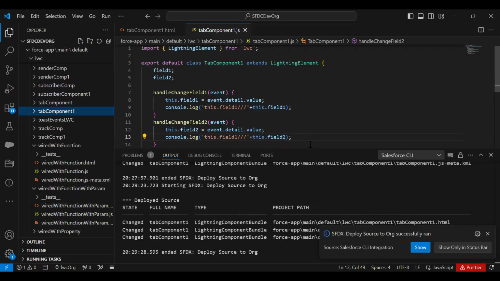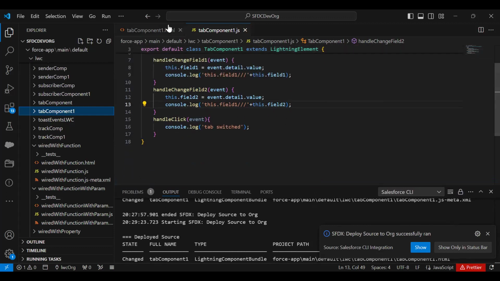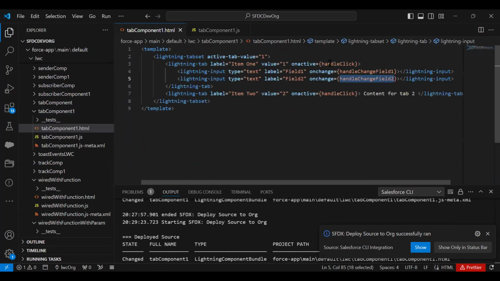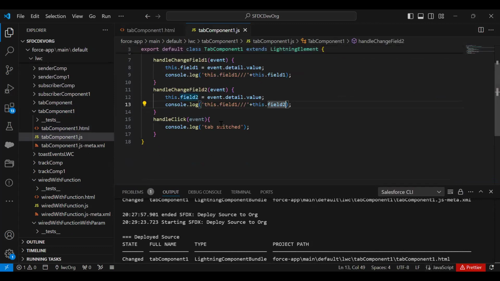So for that, what I'm going to do is, first of all, what happens here is whenever in the tab set we activate one of the tabs, like when we switch between the tabs, this method will get called, handleClick. So in handleClick, what I could say is,